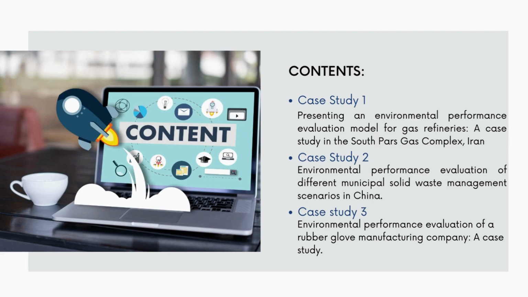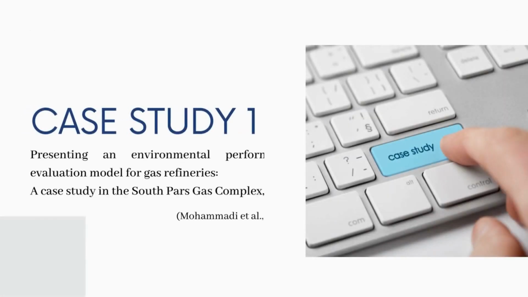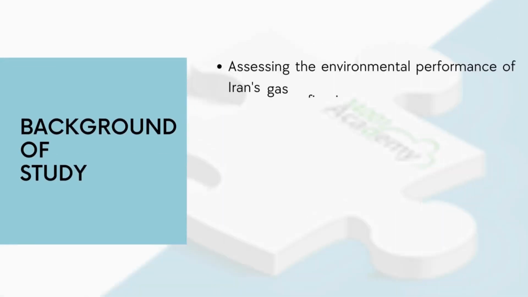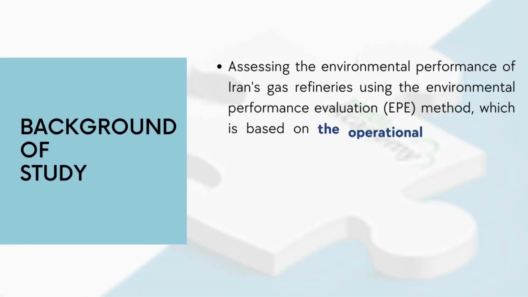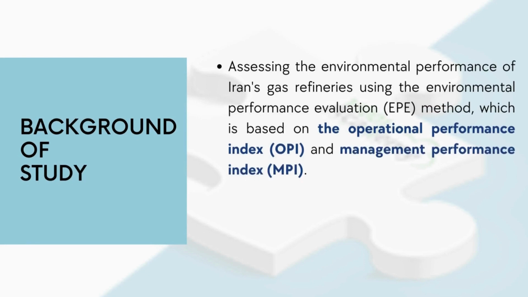As shown on the screen, in this video, we will cover 3 case studies of EPE. The first case study is a research study by Mohammadi et al. in 2021, titled Presenting an Environmental Performance Evaluation Model for Gas Refineries, a case study in the South Pars Gas Complex, Iran. This case study assesses the environmental performance of Iran's gas refineries using the Environmental Performance Evaluation (EPE)